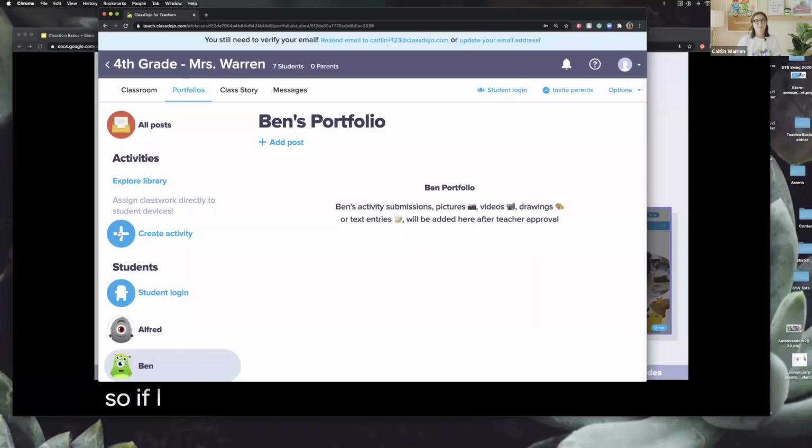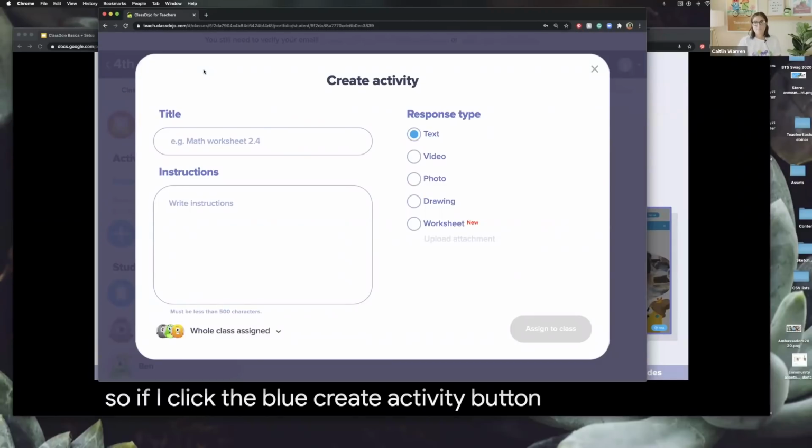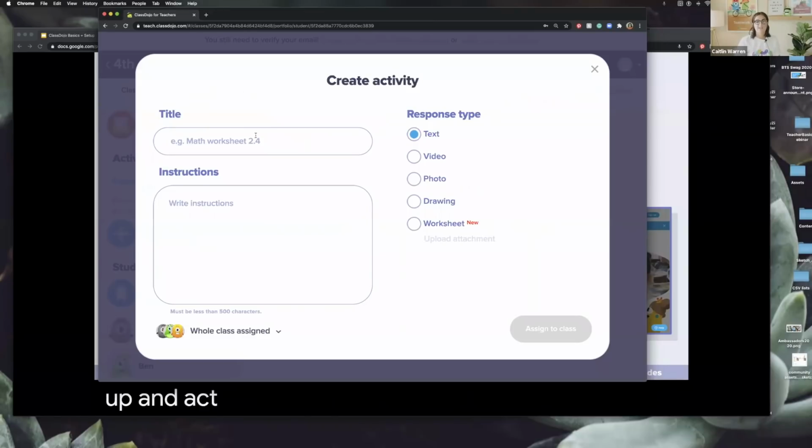So if I click the blue Create Activity button, this opens up an activity. Now, an activity is when I want to assign something very specific for students to respond to. So I might,